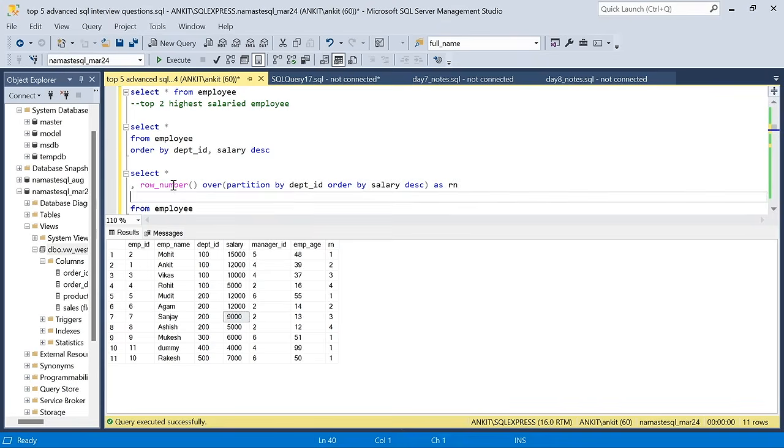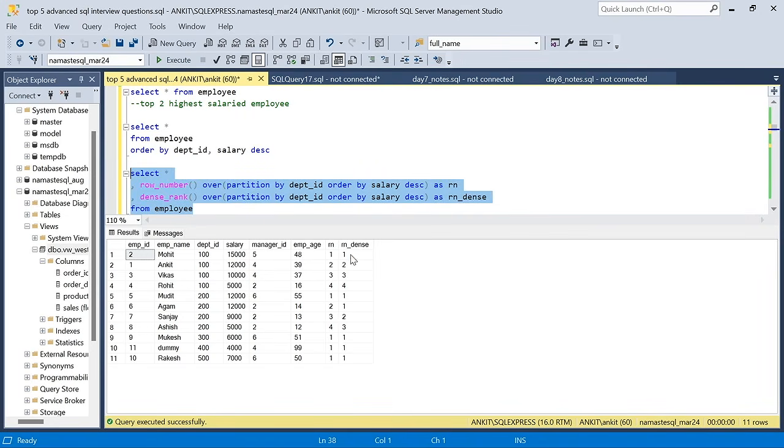So for example, if I say dense rank, what will happen in the case of dense rank? Let me show you. As dense. So if you see, these are getting 1, 2, 3, 4. This is fine. But here we have 1, 1 because they have the same salary, and this guy is 2, right? But here it is 3. So if I say